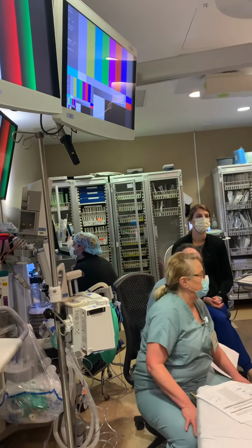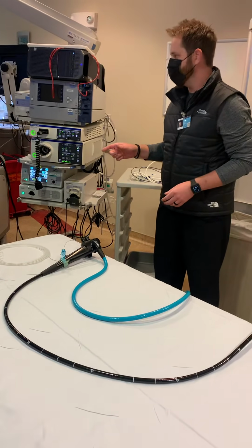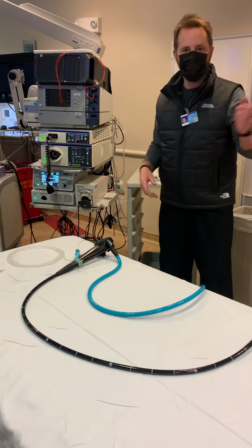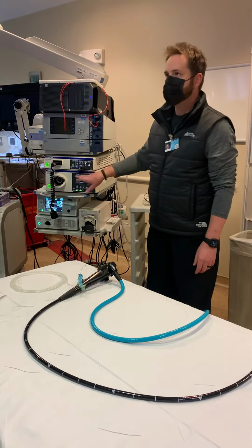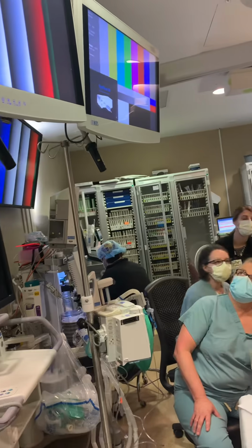So we've turned picture-in-picture mode on, but now we have to pick what channel we want to watch on picture-in-picture because there's 3 different inputs on here. One of them is the US, one of them Spyglass, and the other one's variable. To change the channel, you just hit custom 2. So when I hit custom 2, I now get not only picture-in-picture, but I get my Spyglass image on the